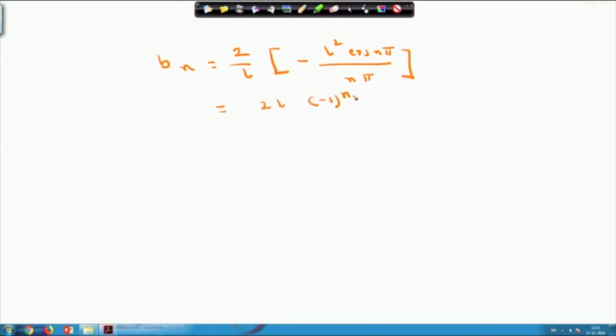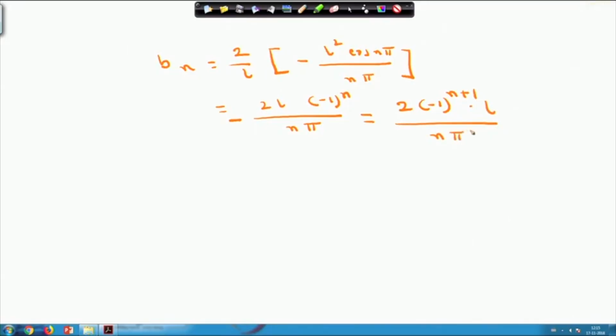So, this will be minus 1 to the power n. This minus also will come outside, cos n pi is minus 1. So, I can write it 2 into minus 1 to the power n plus 1 into L